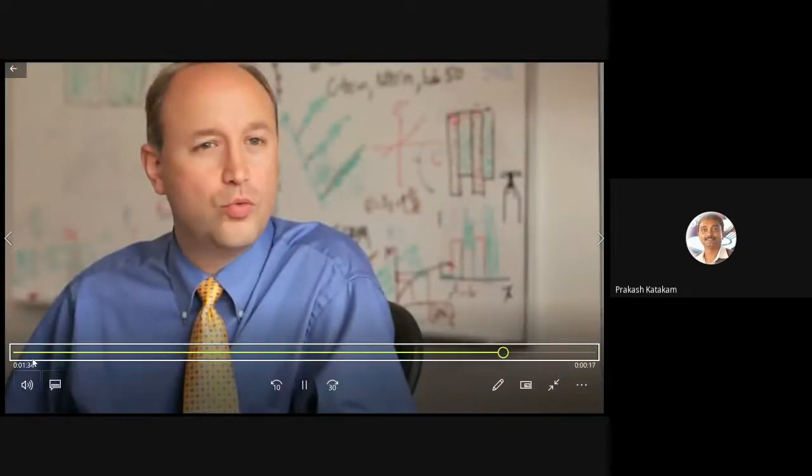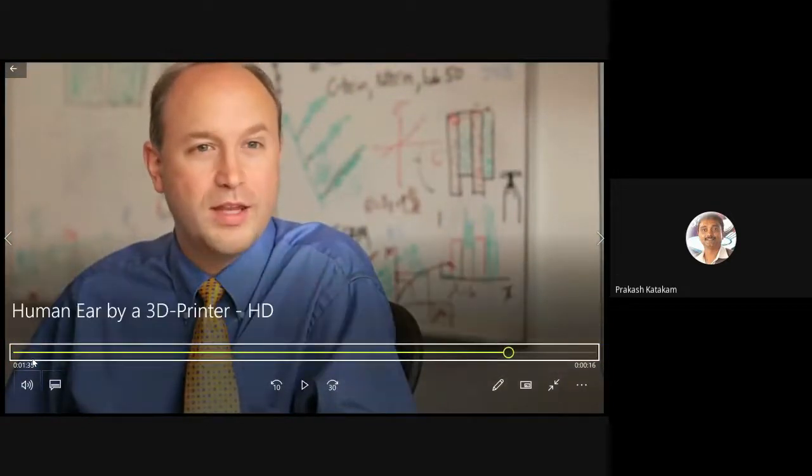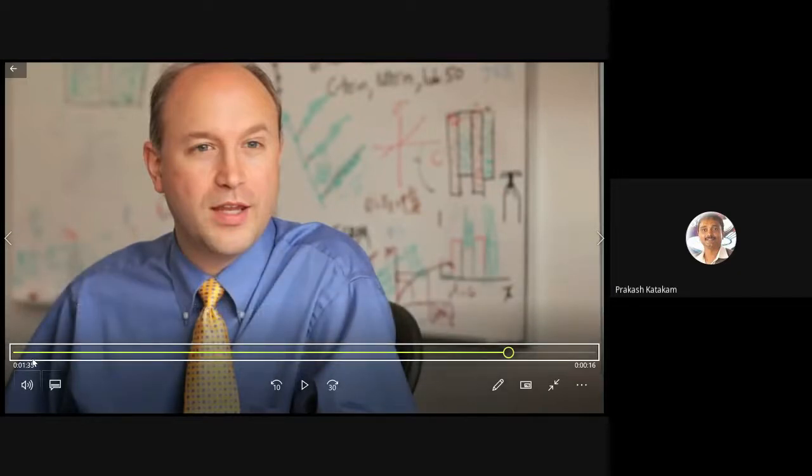Our long-term goals are to... The main advantage of this 3D printing, bioprinting, is that there is no question of rejection of the external body parts. For example, if you do a kidney transplantation or liver transplantation, there is a chance of rejection and the patient may die over a period of time. But in this case, the same cells from the same person will be taken. So there is no chance of rejection.